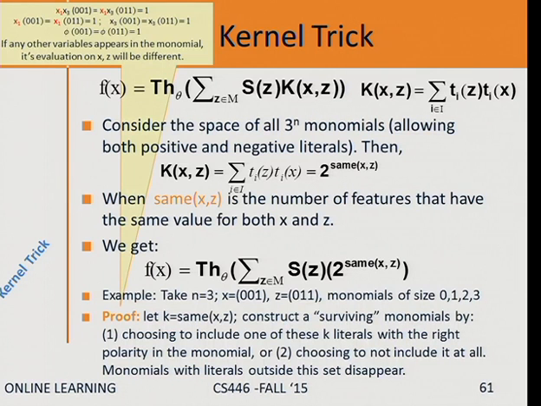Let's look at a concrete example now, just to make sure that we understand this. So here is the example. Red here means negation. I'm looking at these two examples, and I'm looking at these two monomials. The monomial x1 not x3 of 0, 0, 1 is the same as not x1, x3 of 0, 1, 1. They're both 1. And therefore, in the dot product, this monomial is going to survive. And I'm arguing that all subsets of this monomial are also going to survive.